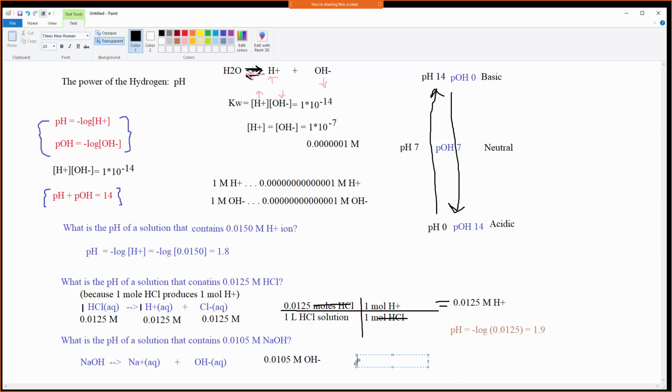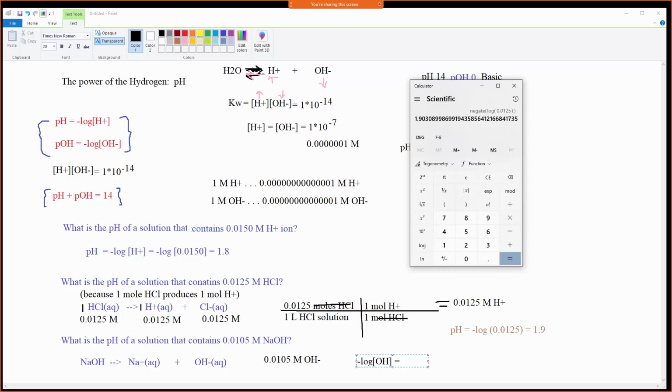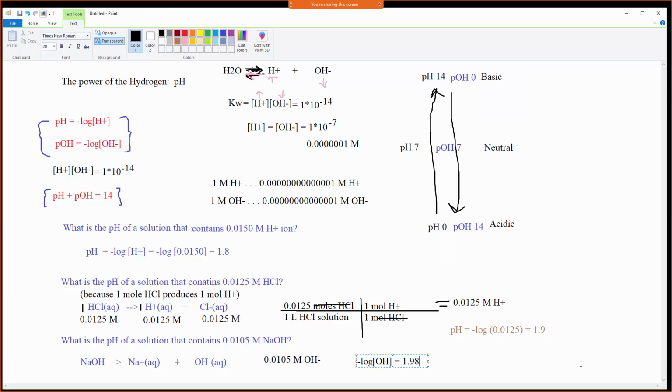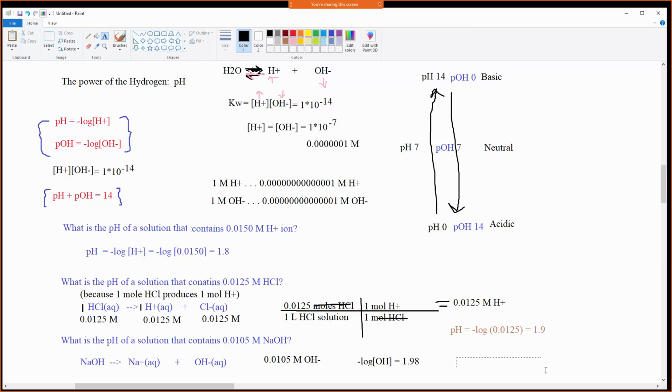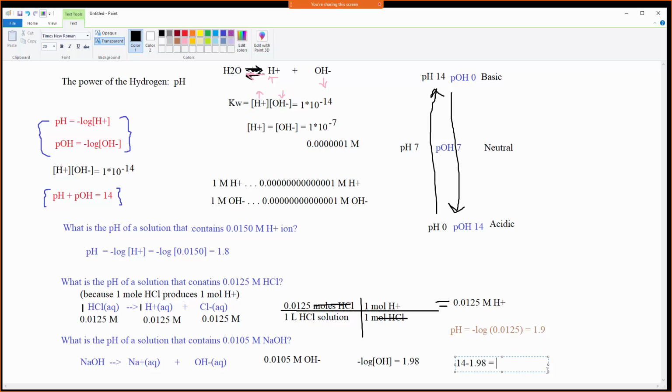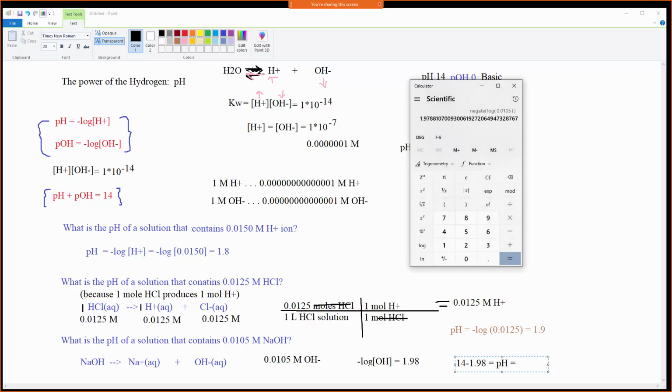And then we can take the minus log of the hydroxide, which is equal to the minus log of 0.0105, okay, that's 1.97, 1.98, 1.98. And then we can say 14 minus the 1.98 should give me the pH. I'm pulling in this equation right here, right? So 14 minus the pOH gives me the pH. So 14 minus this guy,